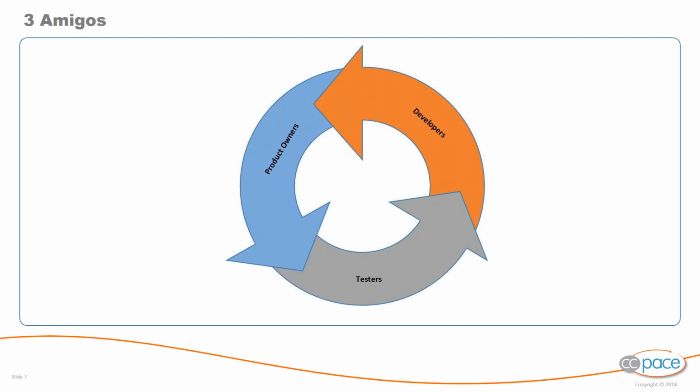So who comes up with these rules and examples? At the very beginning of each sprint, the developers, testers, and the product owners, the three amigos, should all come together in defining these rules and examples for every single feature that will be worked upon within that given sprint. Now, this approach helps the whole team to clearly understand what the acceptance criteria is for those features before the developers start building the functionality itself.